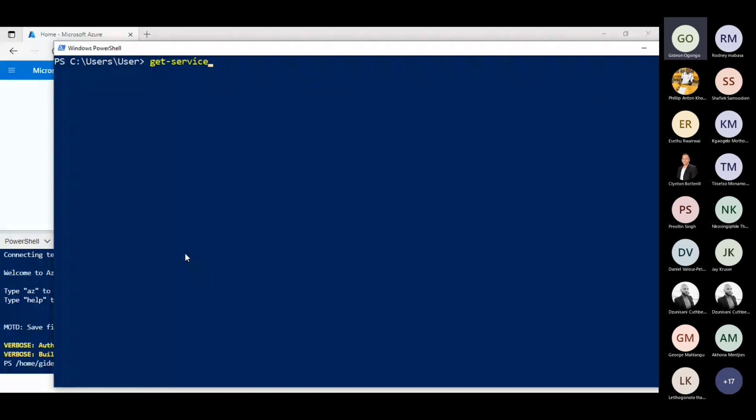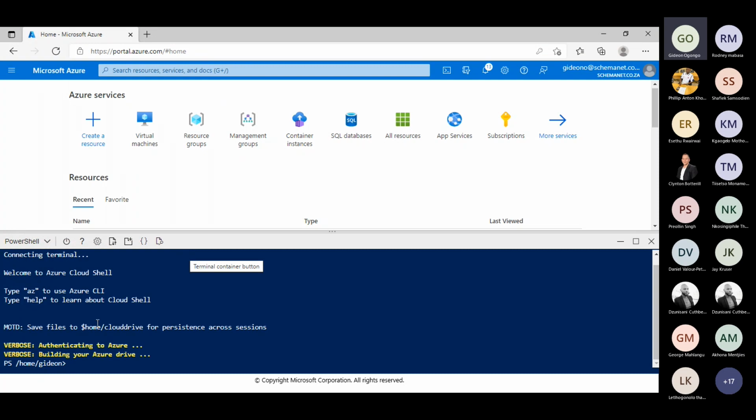You can run Get-Process, and it would show you all the processes that are running on your machine. You can get services, and then you can pipe the PowerShell. I don't want to get into PowerShell now, just showing you some of the things that you can do. So in the Cloud Shell, which is very similar to the PowerShell that I've just shown you, except that it runs in the cloud,